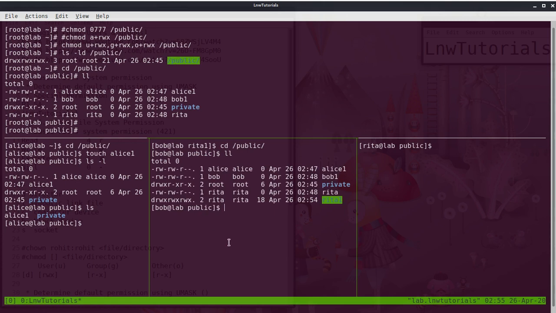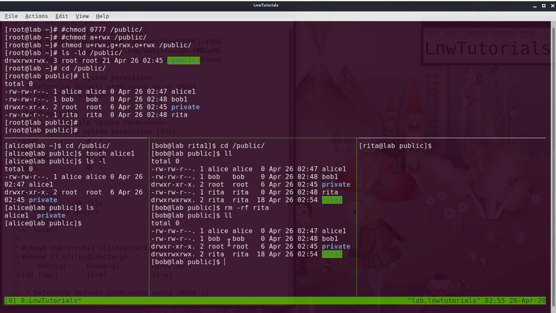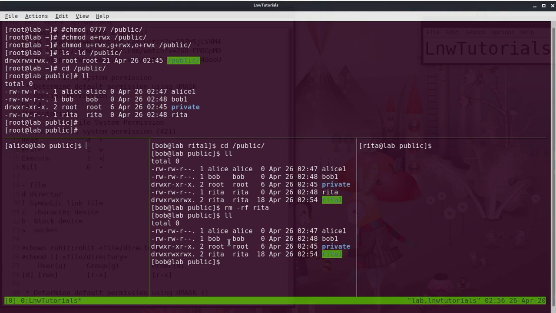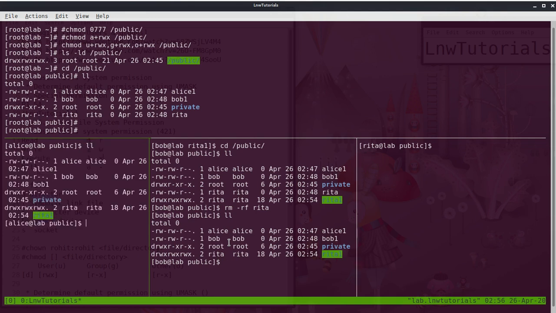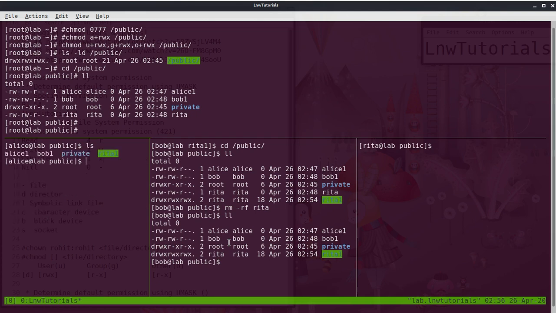I'm Bob. Now let me try to delete the file Rita. Am I able to do it? Yes, the file has been deleted. Same way here, Alice, and he is just doing the ls command.